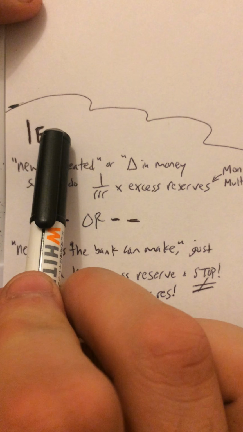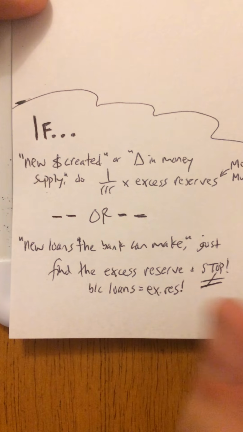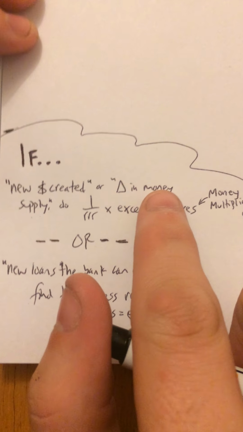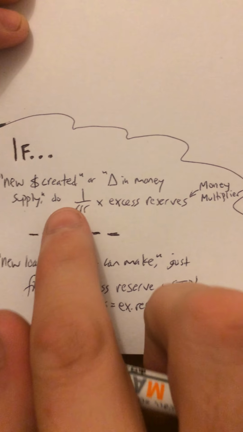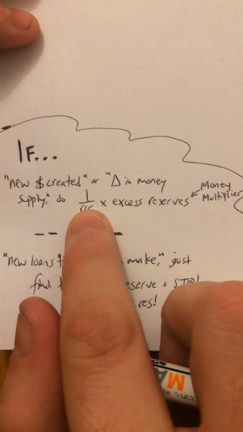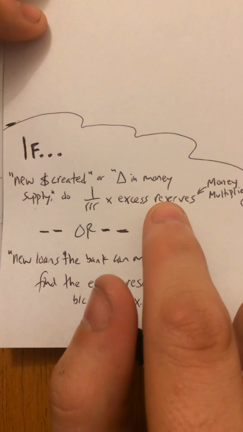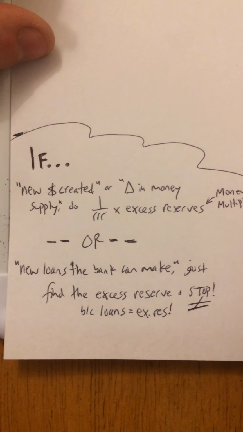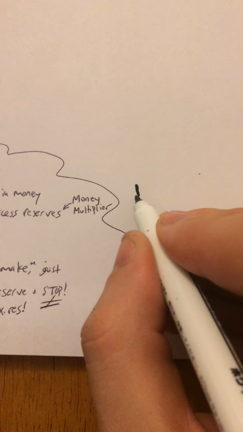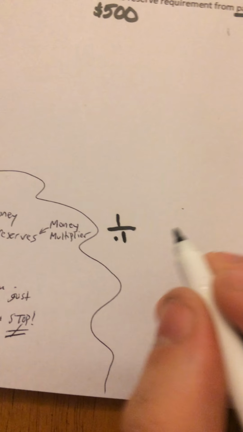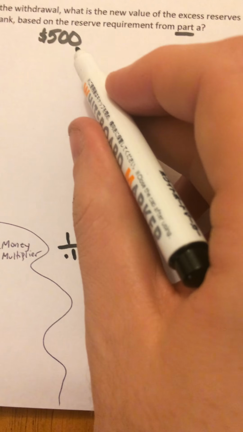So if a part of the FRQ asks you, based on this $500 new excess reserve, how much new money can be created, or how much does money supply increase by? What you do is the Money Multiplier, 1 over the required reserve ratio as a decimal times the excess reserves. So for our question, if they asked this, which they did not, this is just a hypothetical trying to help you with other FRQs, you would move over here and 1 over the triple R, if 10% is the required reserves, that as a decimal is 0.1. Our new excess reserves were